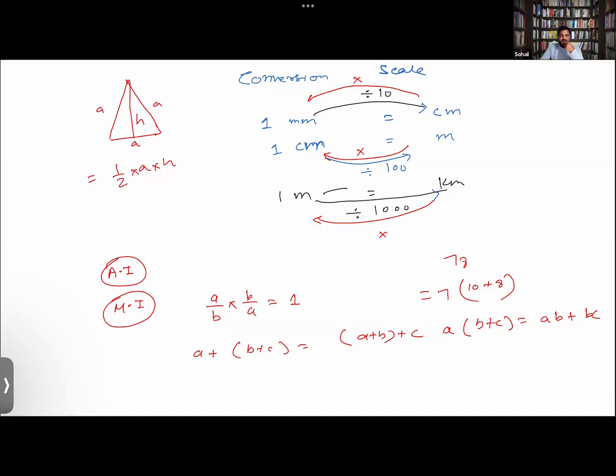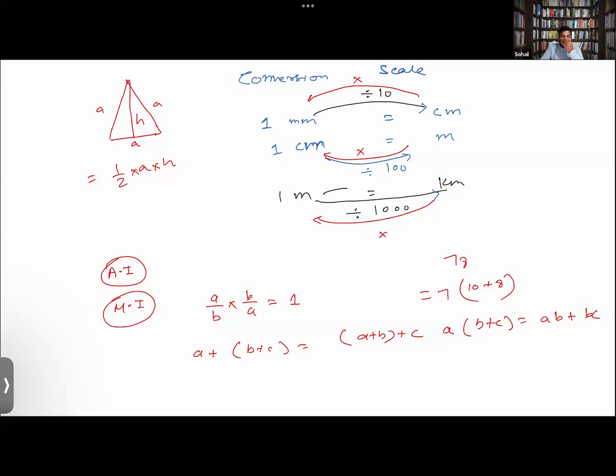Yes, sir. Also, for example, if you were to have a circle, what would be the area? Pi r square. Okay. What about a semicircle, by the way? Sir, I don't know. Yeah, Arham. So half pi r square, 1 upon 2. Exactly. A semicircle is half of the circle.